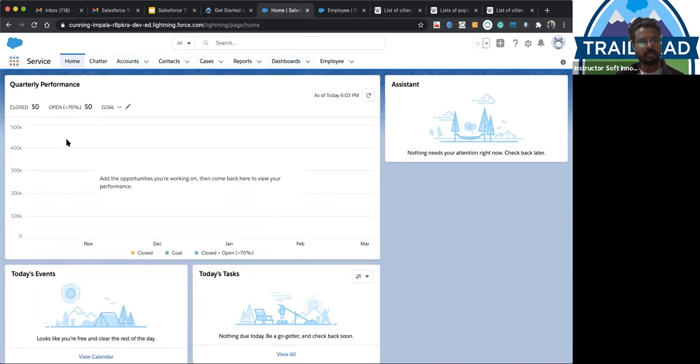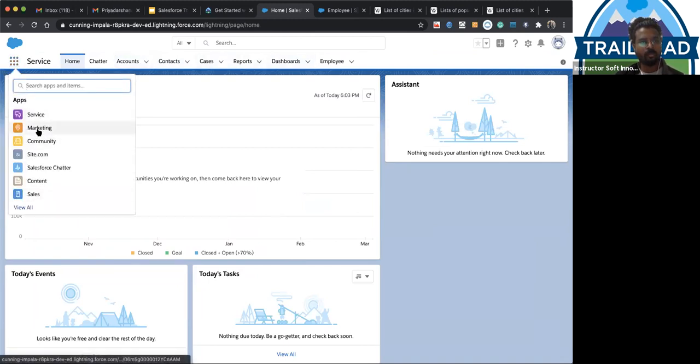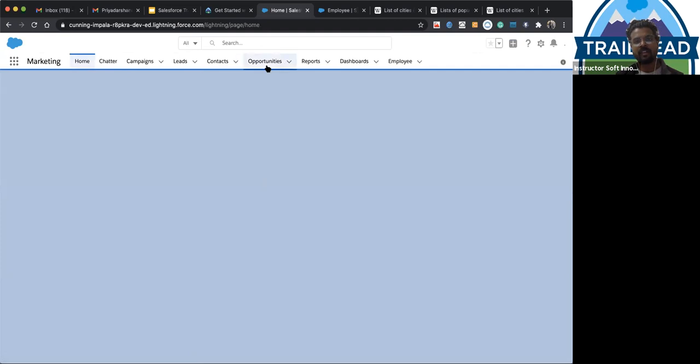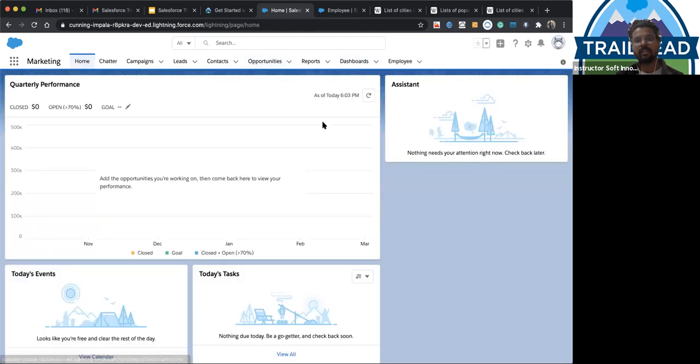When I choose the marketing app, I have different options available. So an app is a customization, or a category of the tabs that we want to let the user see and operate, or a category of the objects on which the user can log in and see.